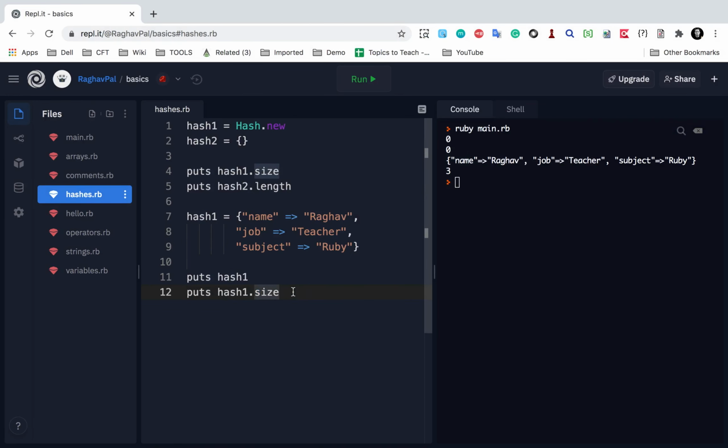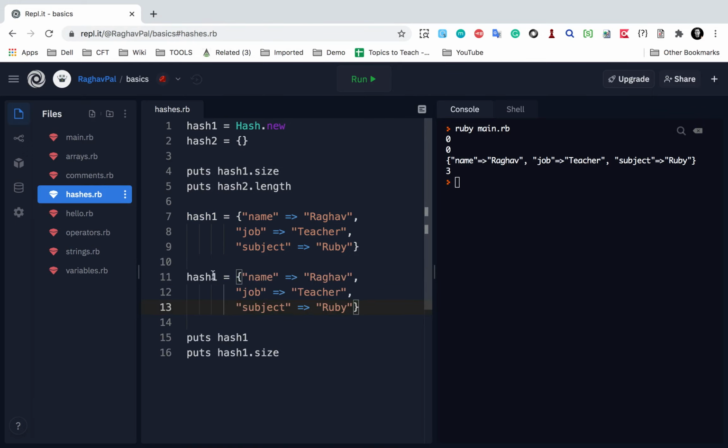Now I can also use the same data and create a hash in a different way. Let me say hash2 equals, and now instead of this symbol I can use a colon, a colon like this and a colon like this, and then I will again say puts hash2, and let me check.